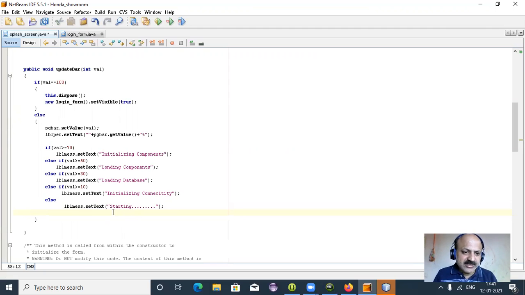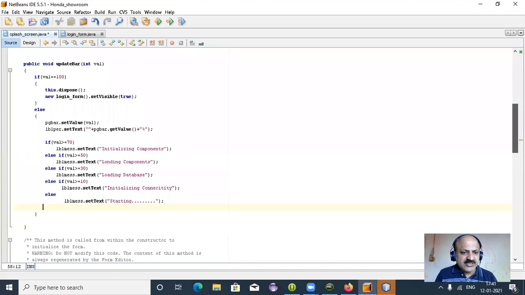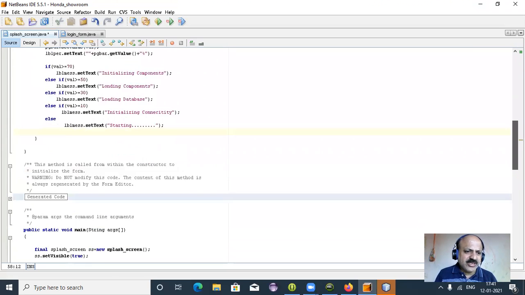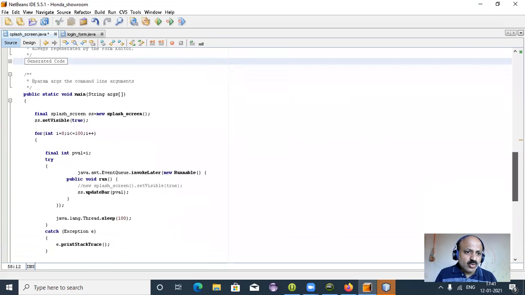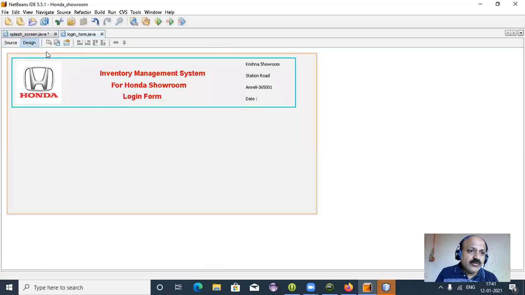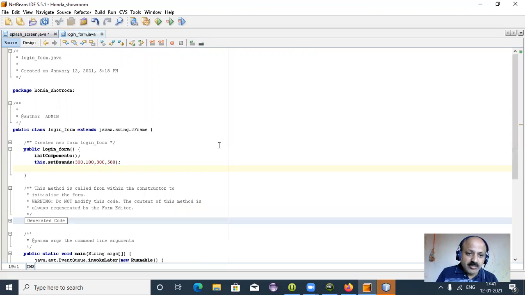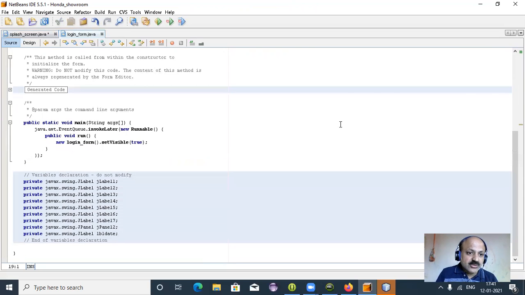I check my message and starting. Yes, here just as your progress bar is moving, or your project is now starting, that type of message you can give. Yes, and what to do. So in the main method, I just give you in the login form. There we cannot apply any coding, but you can look at the default coding. So here is a